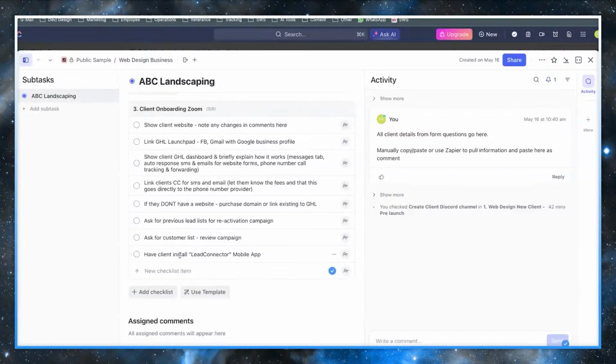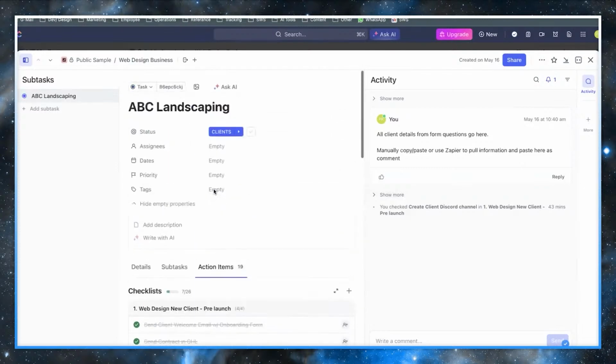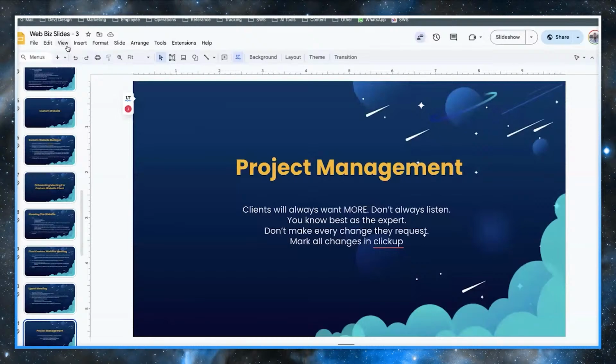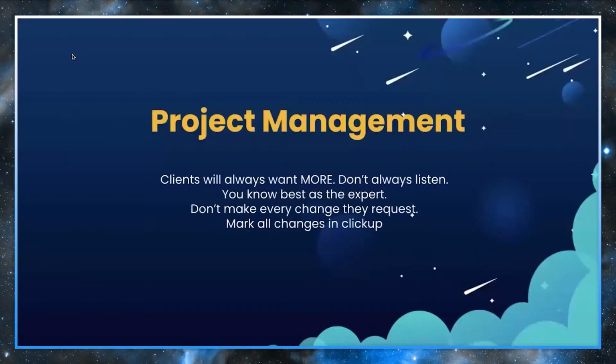Have client install this. And anytime your client wants an update, I just put it in here. Anytime the client wants anything, anytime there's a change, anything. Whenever the content writer comes in and writes content, that document, everything goes in here. So now we have a nice timeline, right? With the exact date, the exact time, on when things got added, when things got changed, when things got created. And every client gets one of these. Now, everything is super, super organized. So with that in mind, let's keep going along here.